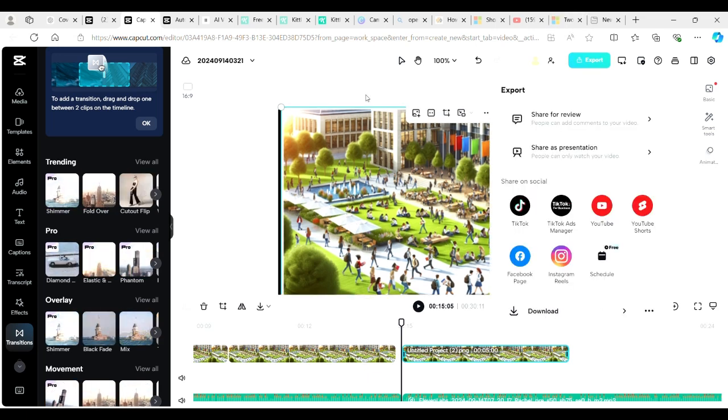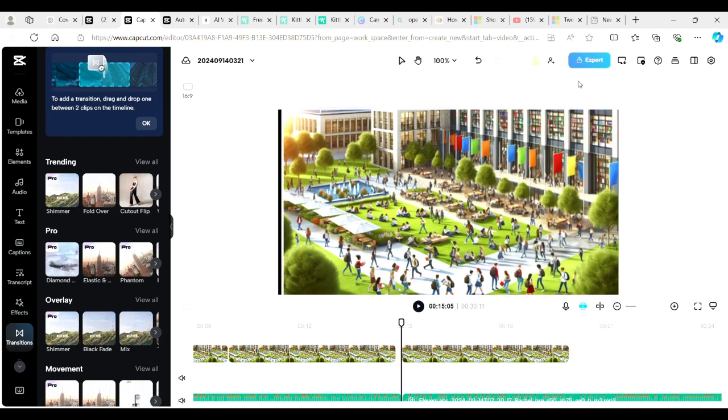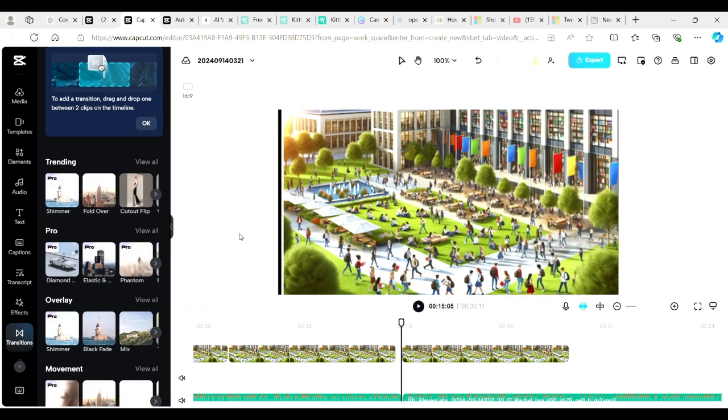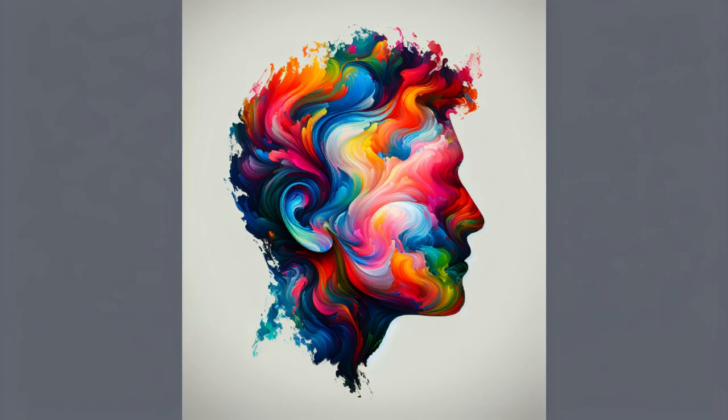And pretty much when you're done, just hit download, and that's it. You could download directly to your YouTube channel or whatever social media platform you're using, or download to your desktop. I like to download to my desktop first and then upload to YouTube. But there you have it, guys. You can create your faceless YouTube video